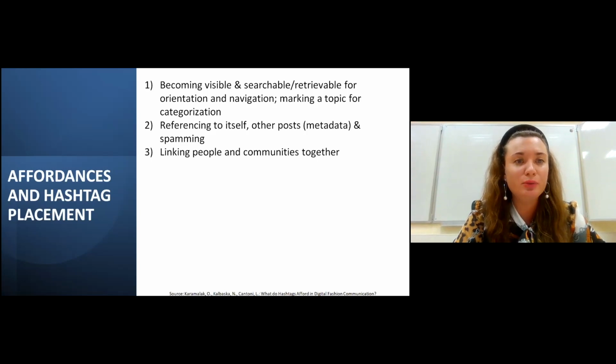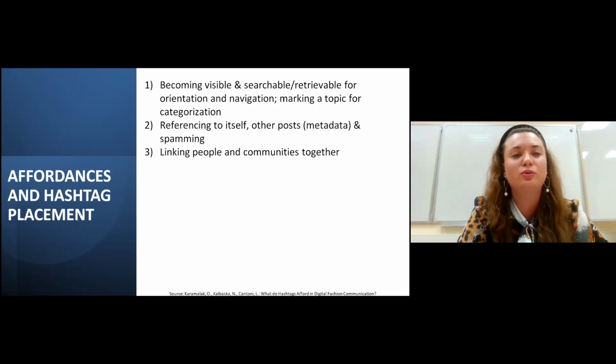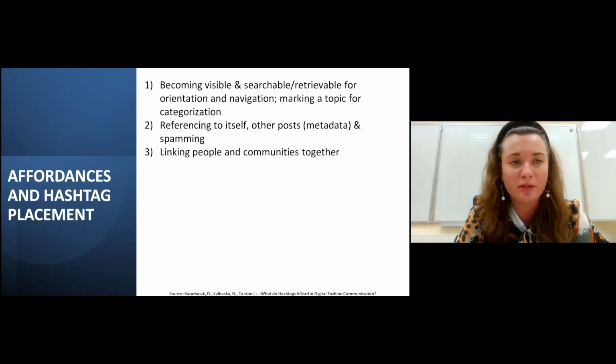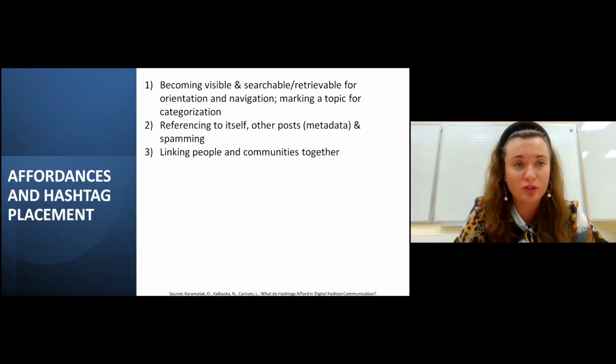Linking people and communities together, so that's what we need, because we know when we go to conferences, our main idea is not to present maybe our talk, to present it to get some feedback, but the most important aim is to get connections, to get new ideas, listening to other presenters, and maybe to have some cooperation in the future.